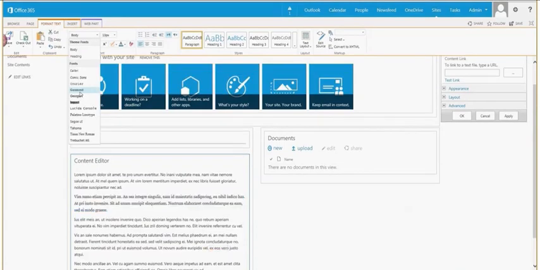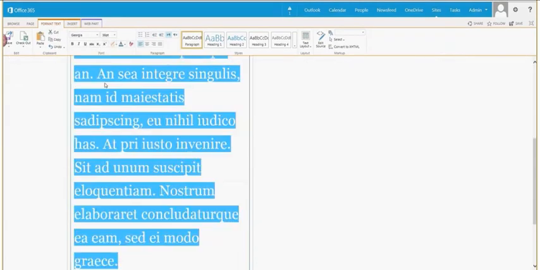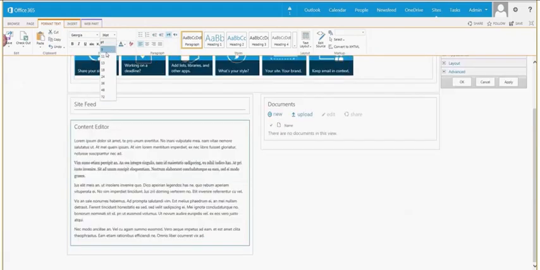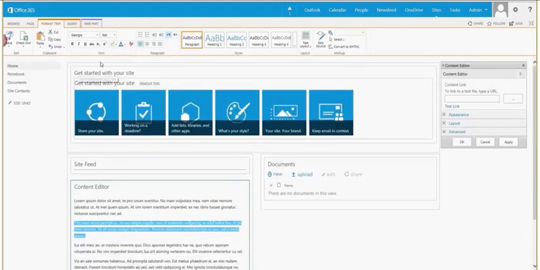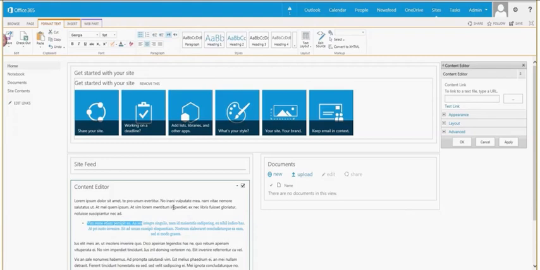I can change the fonts, various sizes. I'm going to bring that one back down to something more readable. I can alter the layout of that. I can change colors of certain selected items. We'll make that a little pink. Change the whole thing back to a blue. You get the idea there. I can even go in here and make these all bullets if I want. So there's a lot of capability with regards to this,